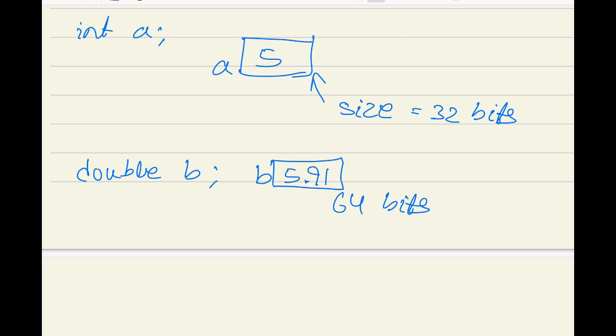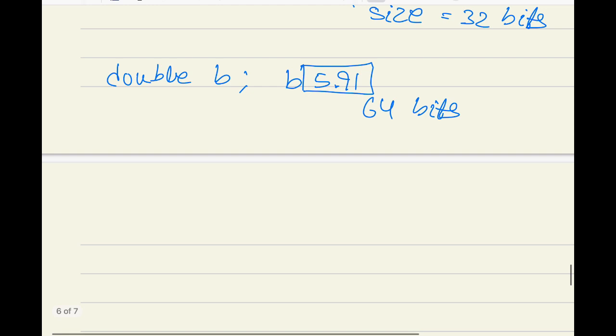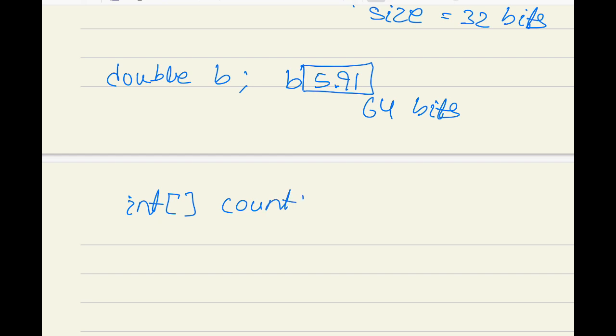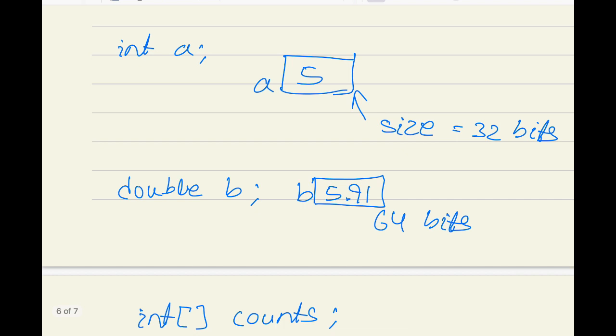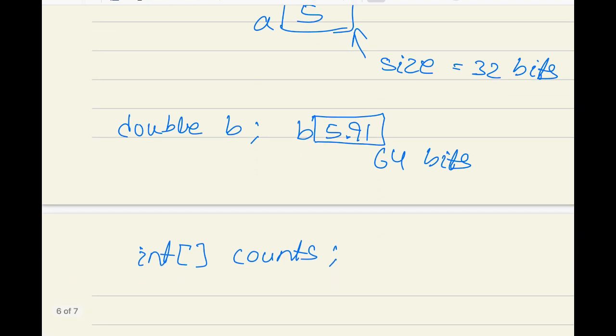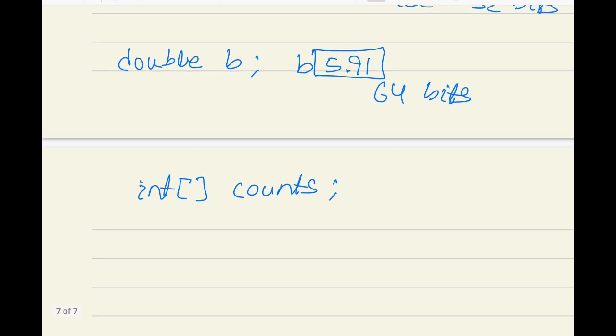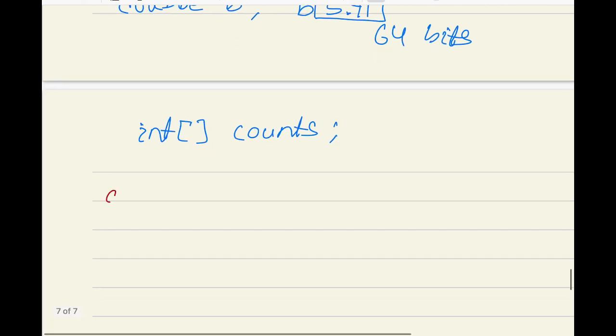Okay. Now why, if we write int array counts, why is the memory or why is the array not created? So if we write int a, the variable a is created and memory is assigned. So if we write int array counts or int square bracket counts, why is the array not created? So here the array is not created, but the reference variable is created, because array